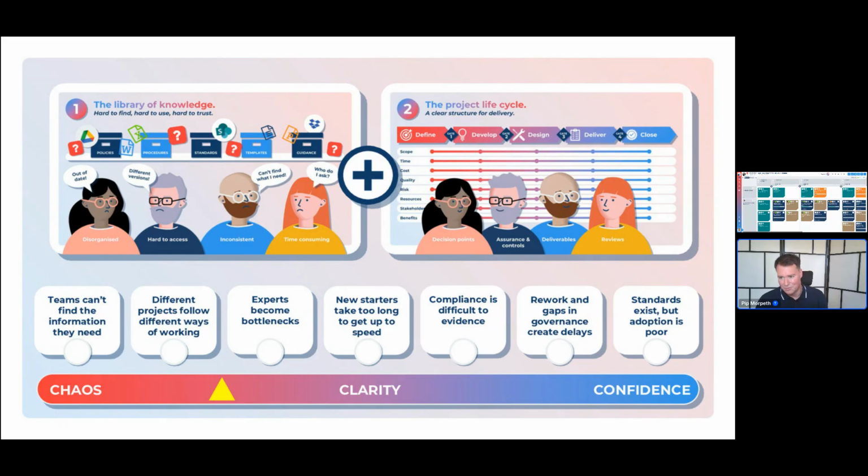We've done quite a bit of research, and probably everyone we speak to, including when we first started working with clients directly, tends to feel they sit between chaos and clarity. In terms of clarity, they've got a life cycle, but the detail of how you do it is normally lacking, and that's really what teams need in order to deliver successfully. So the solution we proposed